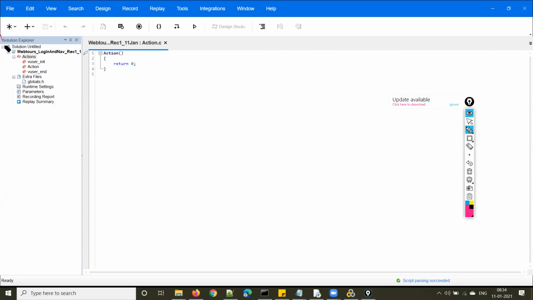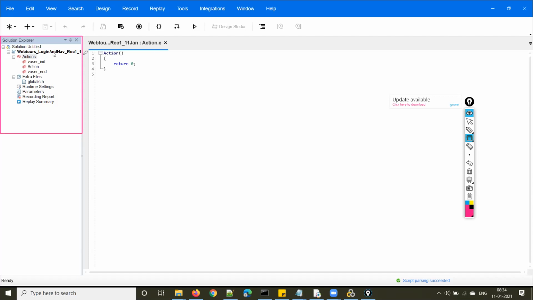It shows the script name in bold. This is the script name that I have given: WebTours login and navigation, REC1, and I gave 11 Jan.